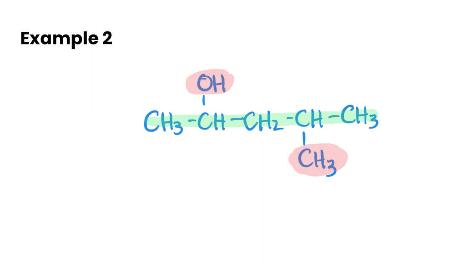We number our carbon chain to give our hydroxyl group the lowest possible number, so we number from left to right in this case. And so we have a pentan-2-ol, and we have a methyl group on number 4. So this is going to become 4-methyl, and then pentan-